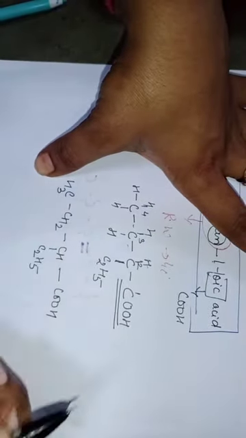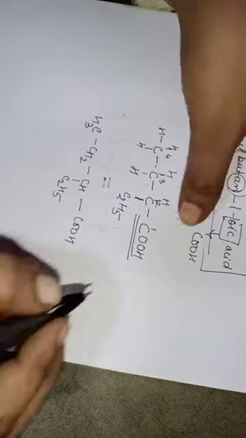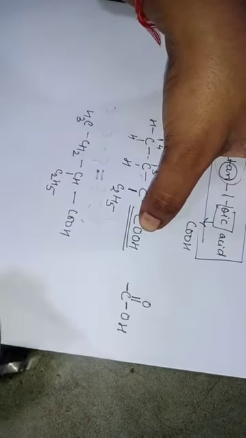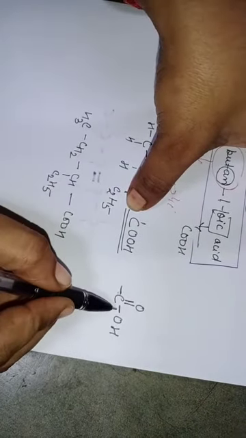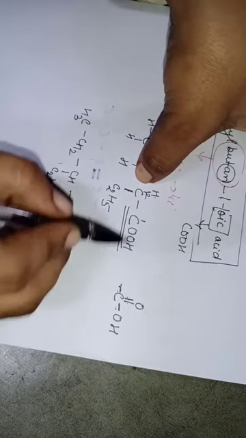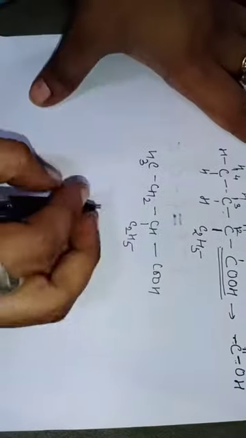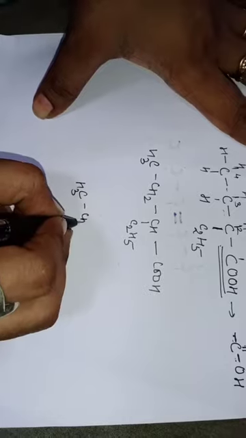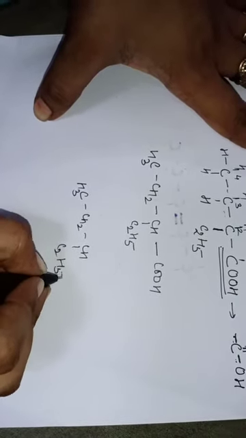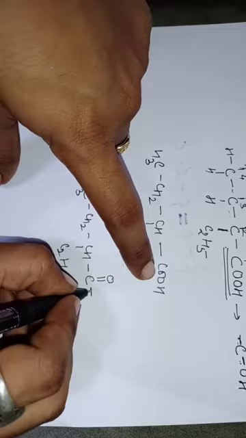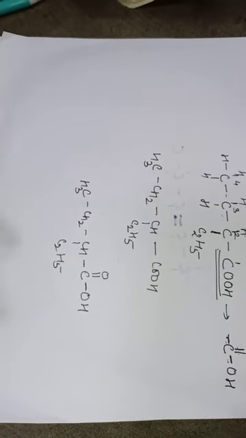Okay, this is the structure of 2-ethyl butan-1-oic acid. Now children, how this group is satisfied, just see here. COOH is like this, C double bond O, OH. So we will put that here. This carbon already has 3 bonds and one bond is attached to this chain. Okay, this is how I am drawing the structure for COOH. So its valency is also satisfied. If you want to see, I am drawing again. See here, CH3, CH2, CH, C2H5 and COOH, we have to look at the bonds. The C already has one bond in the chain, 2 bonds with oxygen, and one with the other oxygen. So already 4 bonds are there. Okay, I hope that you are getting it, children. I don't want you all to get confused with it.